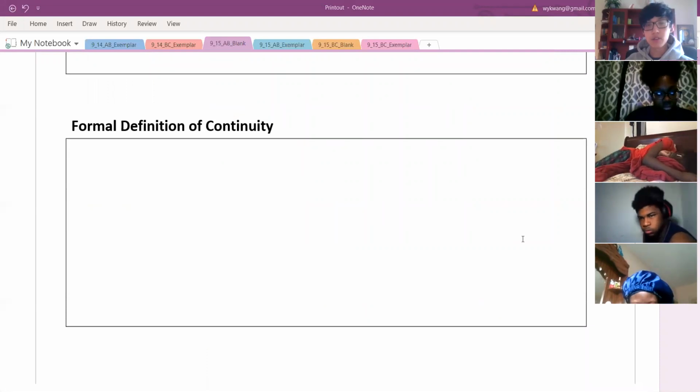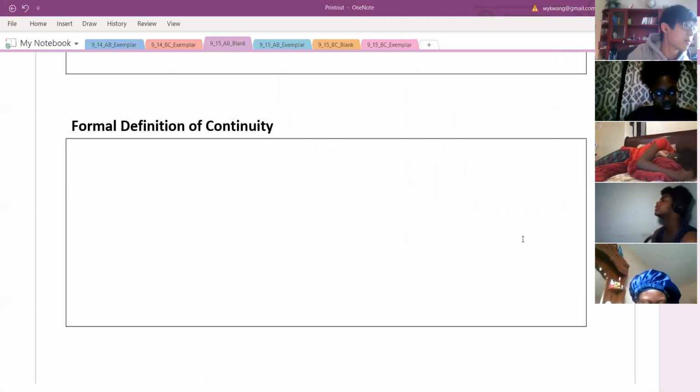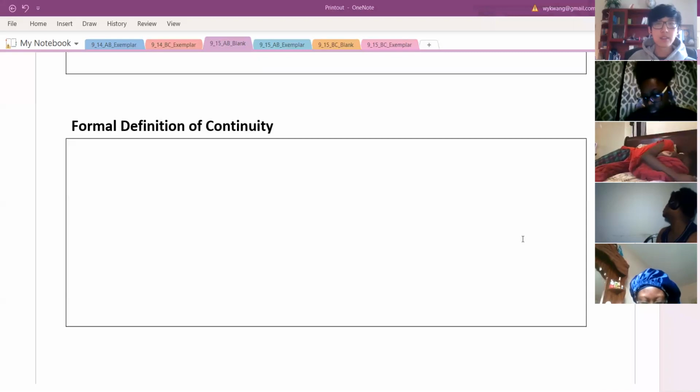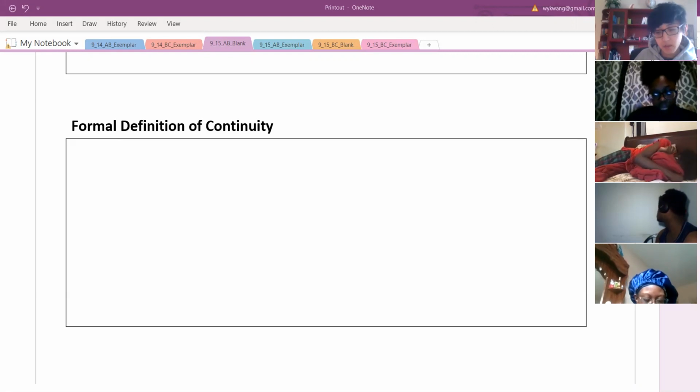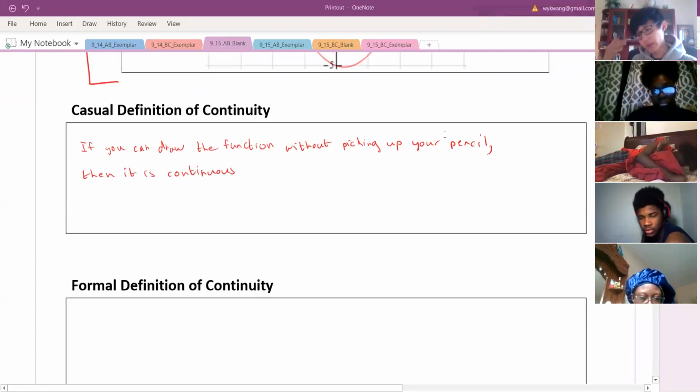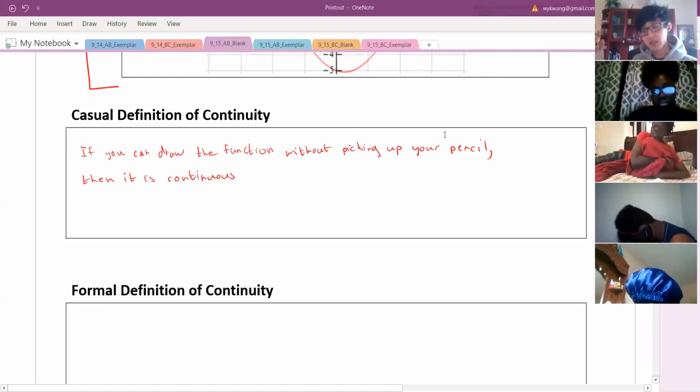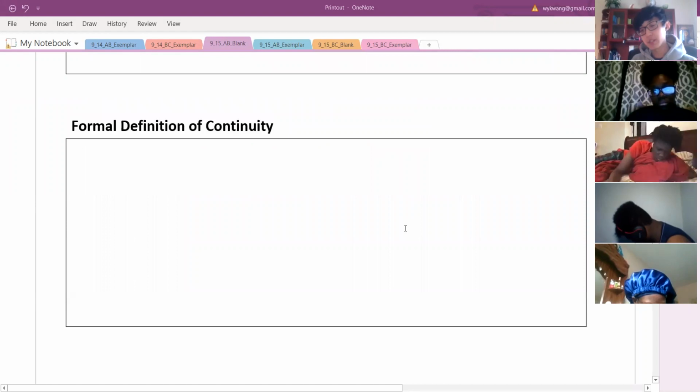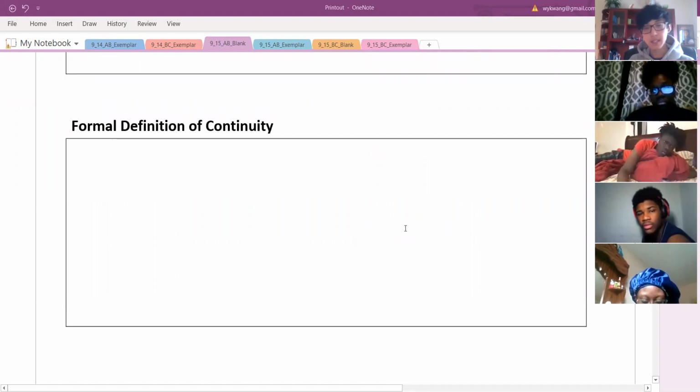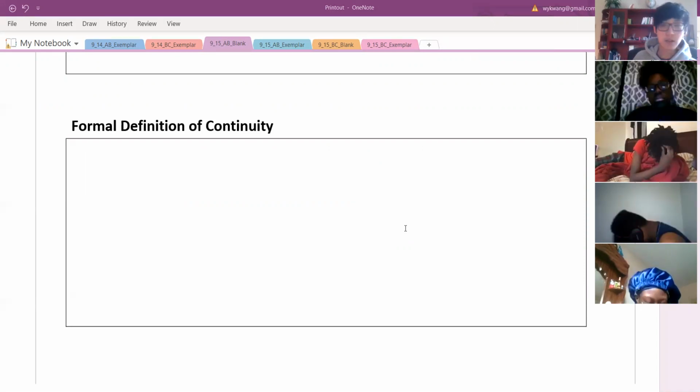Okay, so now I'm going to try to refresh everyone's memory on the formal definition of continuity. This is the definition that you really have to remember and understand all the elements of, because it's a definition that they're going to test on the AP test. The casual definition can be helpful so we can visualize and understand continuity. But whenever we need to prove it, or whenever the AP test asks you about continuity, for something to be continuous,